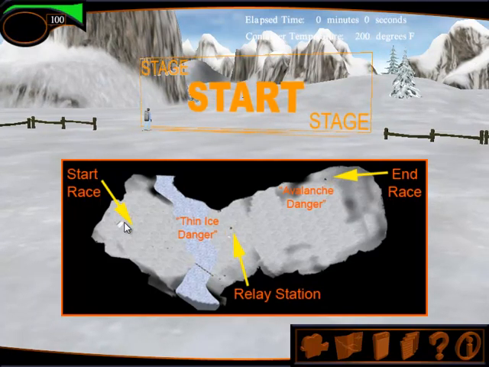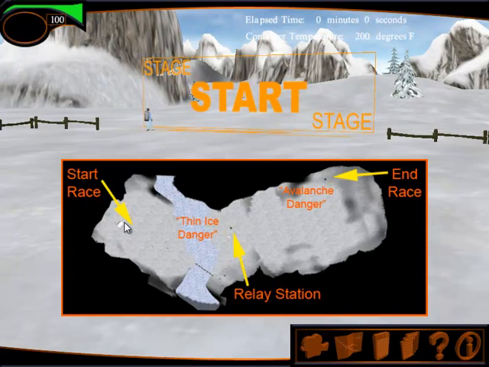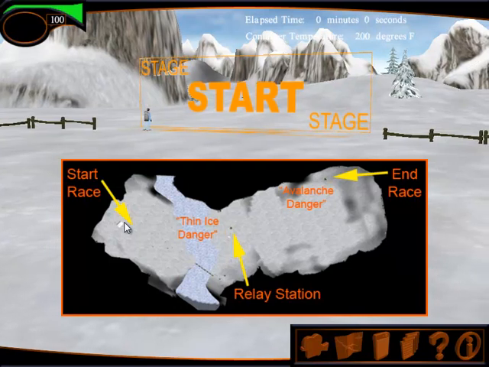We start at the starting shack. So we select a backpack, and that backpack has a warm liquid container in it. It also has a liner, and the liner has an R value, and the whole backpack has a weight. So the greater the R value, the less heat is lost. The idea is to deliver the container of warm liquid to the relay station at the center of the race. That's the end of leg one, and deliver that with as warm a